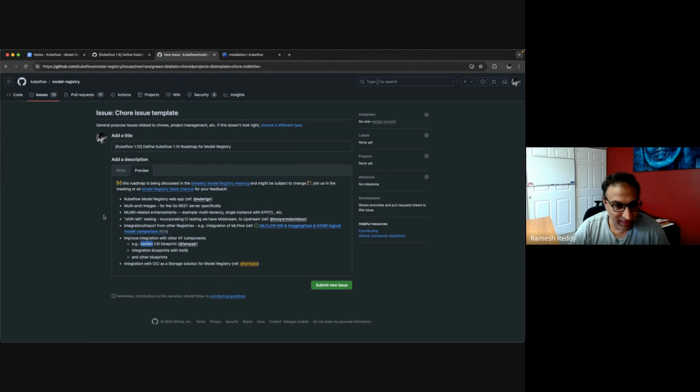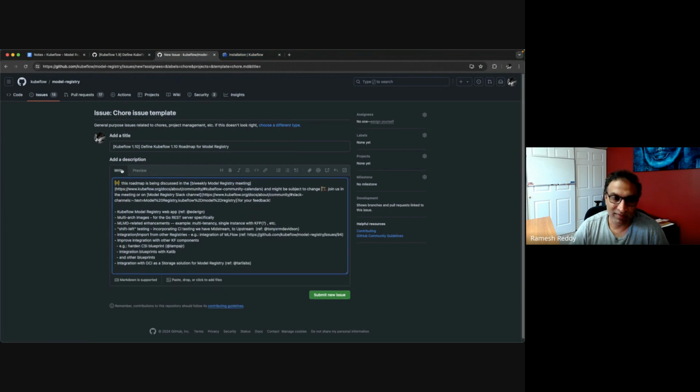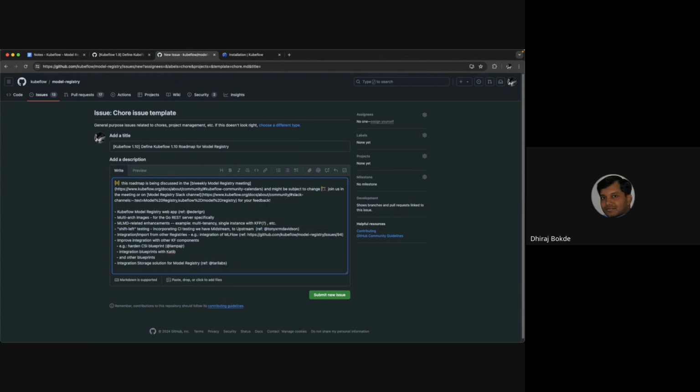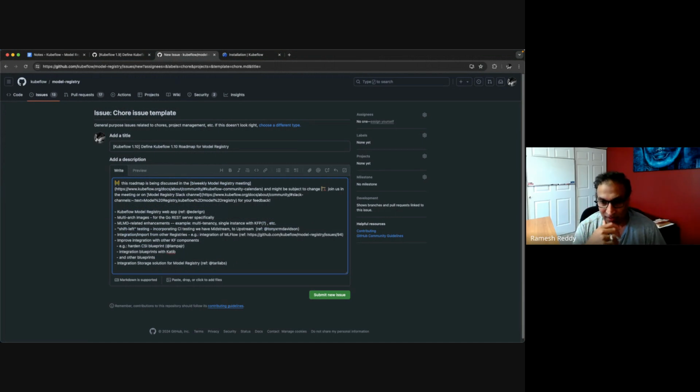Only one thing, as I was looking at this one, I worded it a little differently. Maybe the last one. Maybe we should do something like bringing storage solutions to Model Registry and have OCI as one of the options, because we talked about bringing S3 as a default one, or a PVC as storage options, right? OCI could be the preferred option. Preferred, yeah, it's a preferred, and thanks for that.